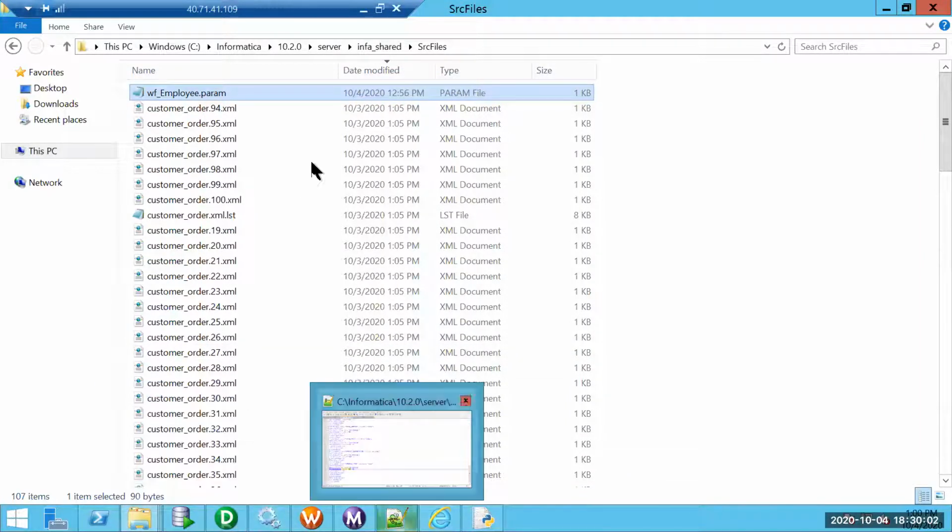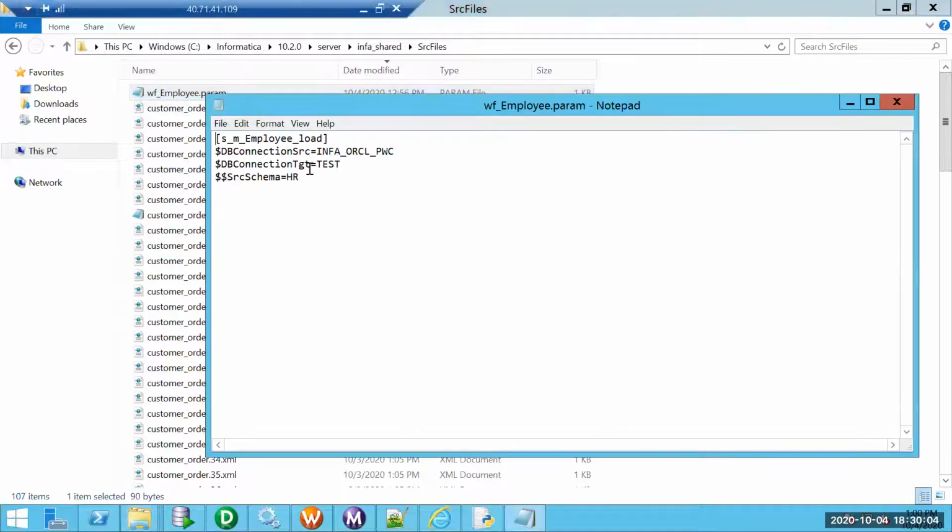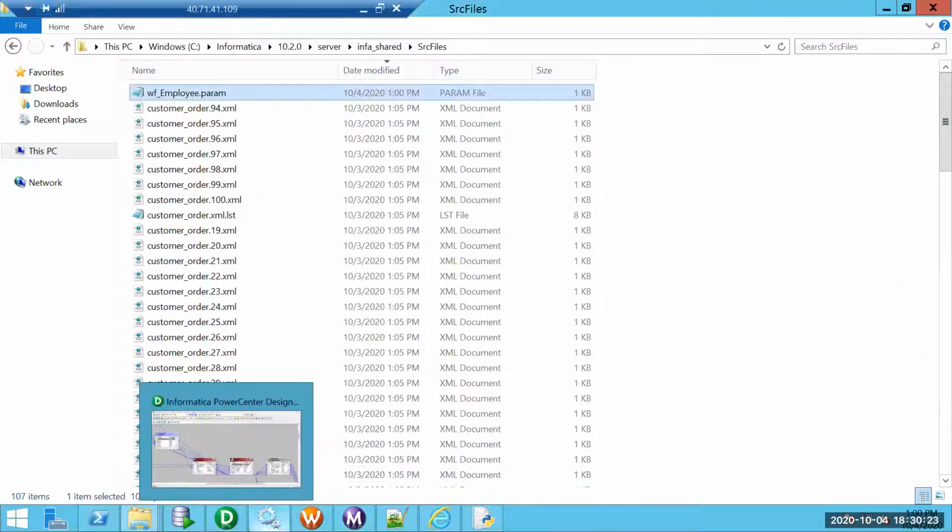This is another good concept actually. A few things can be global, and a few things can be specific to a session. Global means it is meant for all sessions, so irrespective of the session, the $SourceSchema is HR. That is how I can configure it.